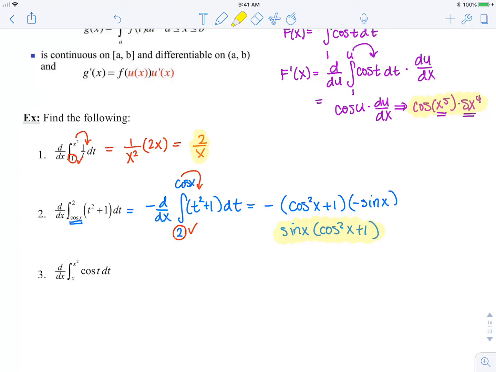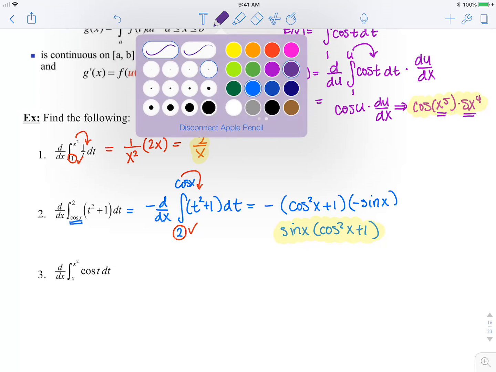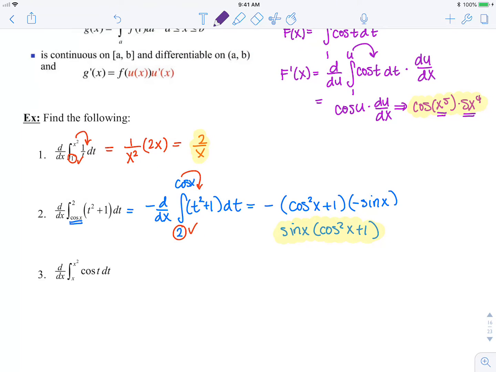So now in example 3, we are taking the derivative of an integral, but it's definitely not set up in the format for FTC part 2. So first, I have to recognize that there is a constant somewhere in between x and x squared. So this becomes the derivative with respect to x of the integral from x to c of cosine t dt